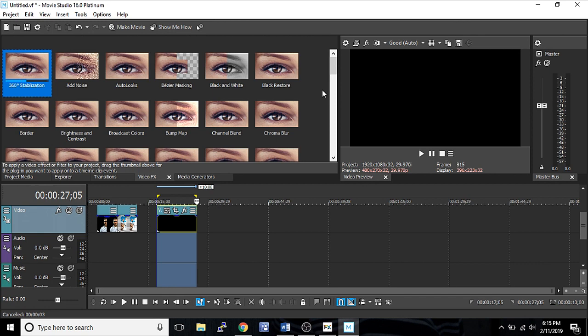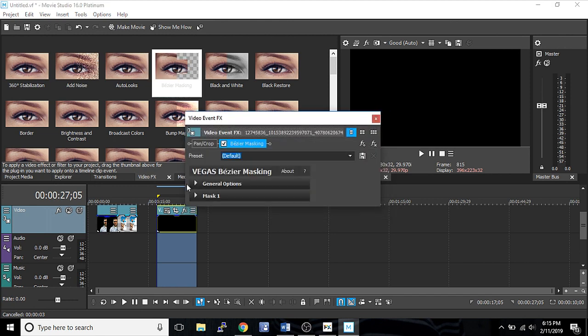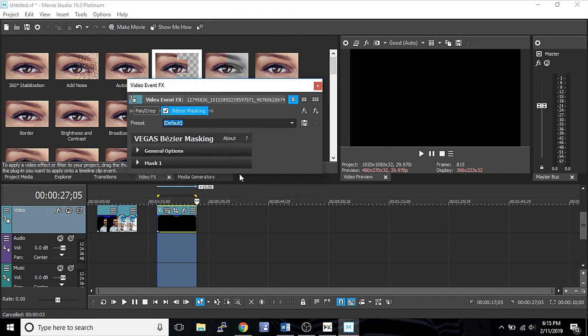I'm still getting together my 360 video stuff, so that's not something I can show you just yet, but I can tell you that this software does support full 360 video editing, and that's at an incredibly low price point for 360 video, and everything else it does, like Bezier masking. So Bezier masking, I'm going to drop it right here and show you a little bit of this window that